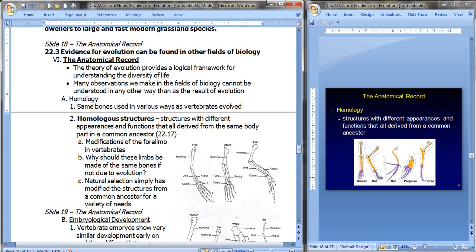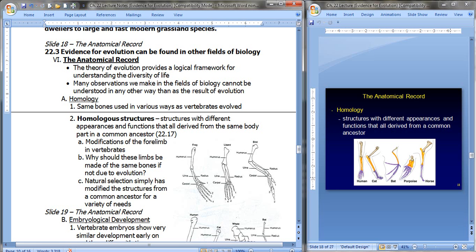This is the third installment of the Chapter 22 Evidence of Evolution lecture. We've talked about Darwin's finches, peppered moths, artificial selection, and even evolution of modern horses. So now we're going to take a look at the anatomical record and how we can look for evidence of evolution in different fields of biology. Starting with the anatomical record,